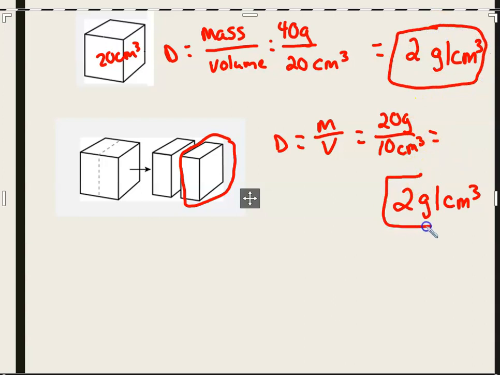It's how we can determine objects. That's what you're going to do in lab. I'm going to give you these different metals, and you're going to figure out what metal I've given you based on the density. Because metals have the same density, that's how we can tell that gold is gold and copper is copper, etc. So density